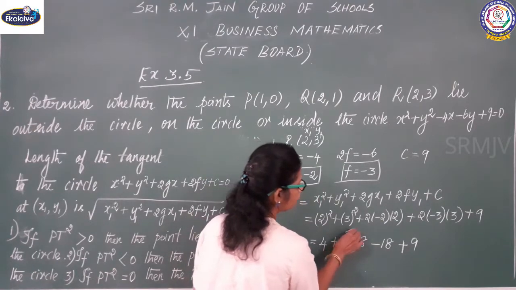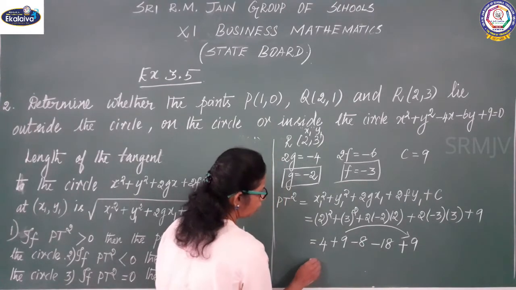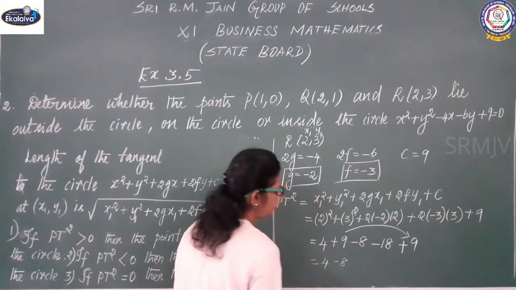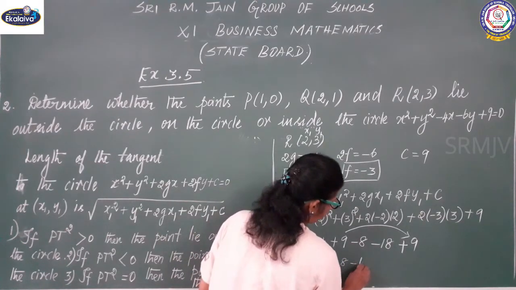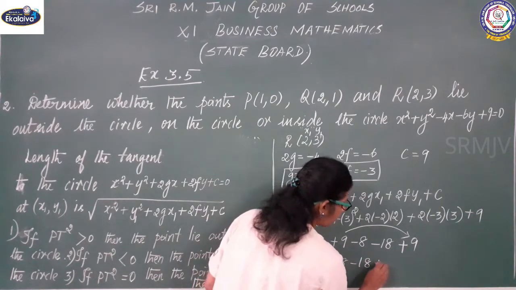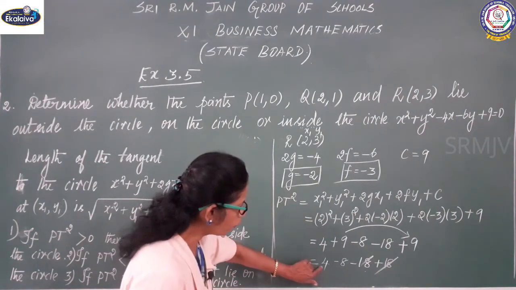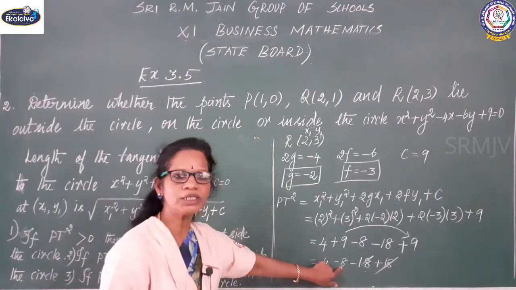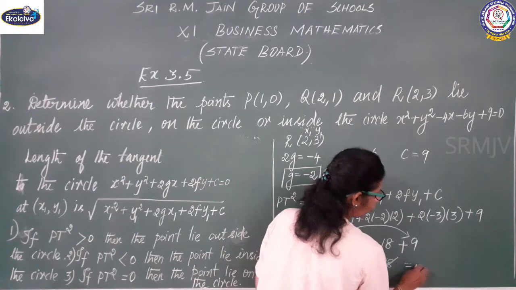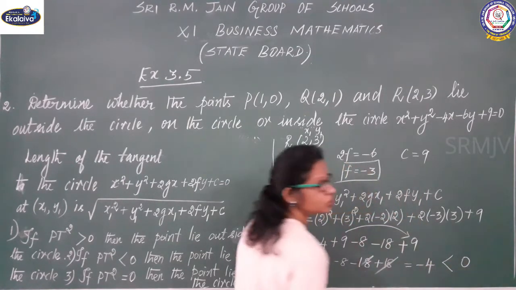Here you see plus 9, 18, right? 4 minus 8, minus 18, I put an arrow mark, 9 plus 9 plus 18. So the term has to be vanished. Now positive, negative, do the subtraction and put the greater number symbol, that you know, right? So which is equal to minus 4. That means it is less than 0.